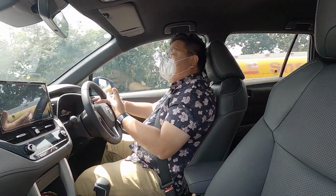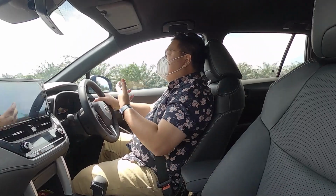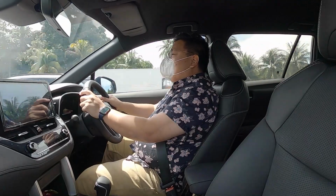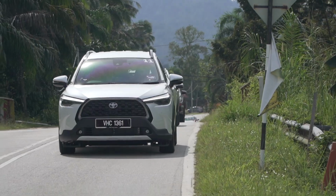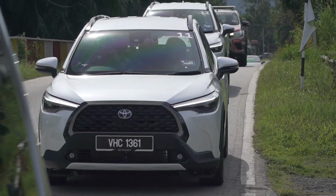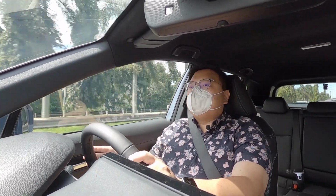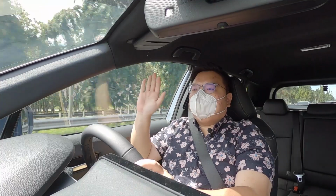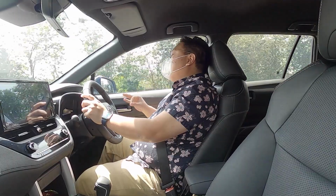And the way it does so is also quite impressive. This, I think, has a much more advanced version of dynamic cruise control, even compared to the Proton X50 and even compared to the Honda Sensing. Every time it detects there's a car in front and you need to slow down, it does so in a very gradual manner. The way it controls the pedals is always very smooth, very gradual. It doesn't just simply jab on the brakes or even press on the throttle too much when the car in front clears. It actually feels like there is an actual person driving instead of a robot just going full 100% brakes, full 100% throttle, like you may feel in older versions of adaptive cruise control. Here it really is a very